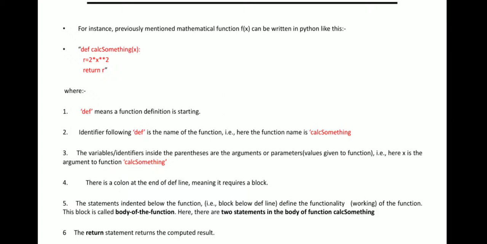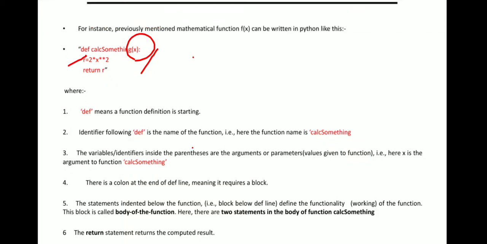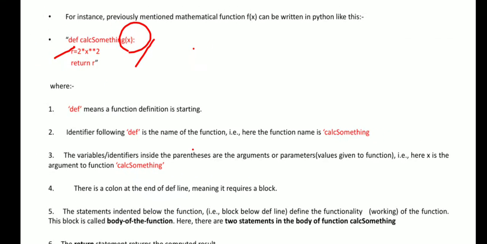यहाँ पे x क्या है आपका? It is a variable basically. It's a variable जो आप pass कर रहे हो. आप इसको argument भी बोल सकते हो. def एक keyword है जिससे आप function को create करते हैं. आगे आपको colon put करना होता है. You can see here colon is here. You can see colon is given.